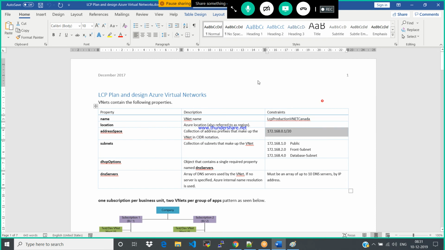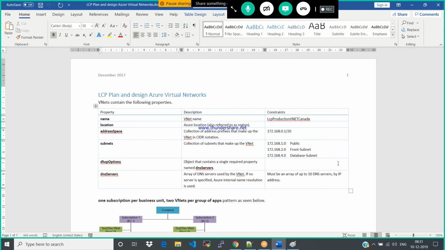Okay. See, location. What is the name of your VNet you have to give? Some people give names, some don't. It's completely your wish, but you have to follow the naming convention. That's it, naming standards. Okay. Address space. Have to create your VNet. How many subnets does he need? See, he divided the same IP using the CIDR. He divided it into multiple subnets.